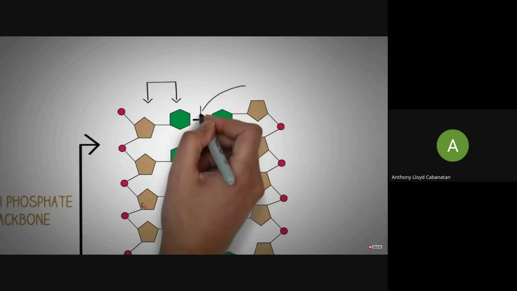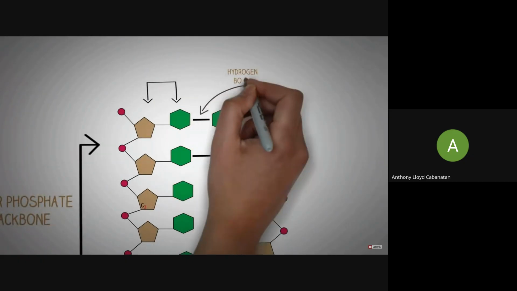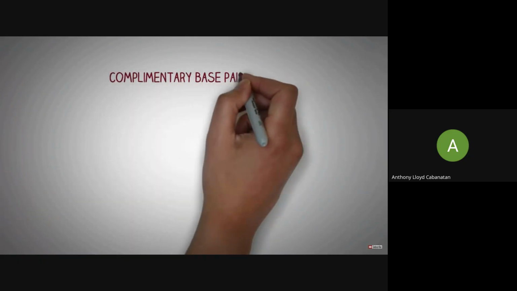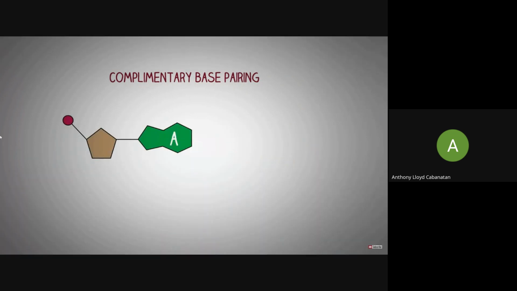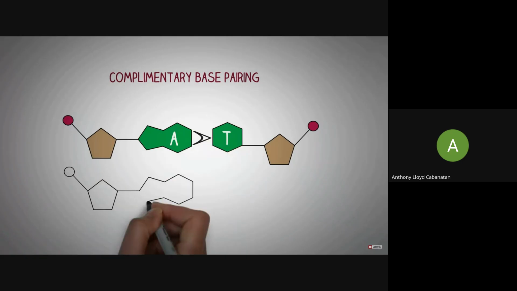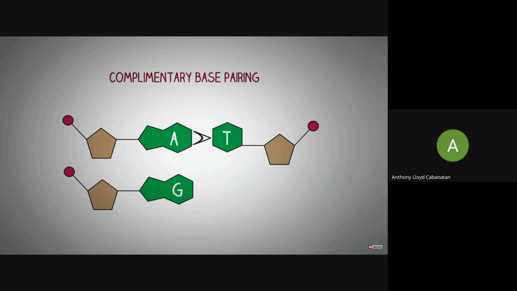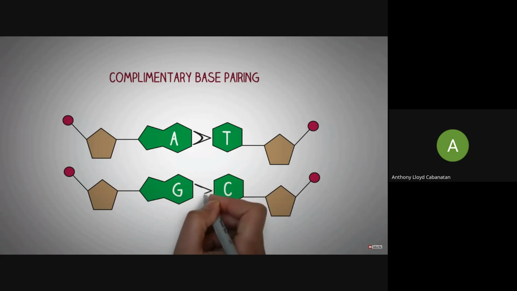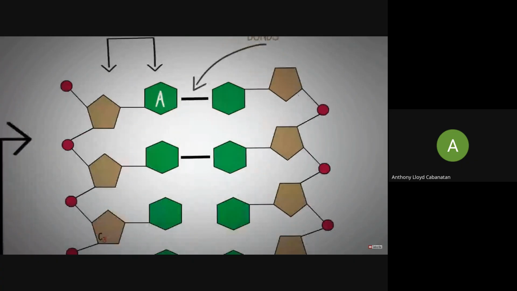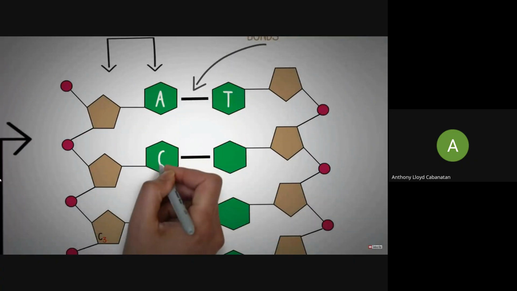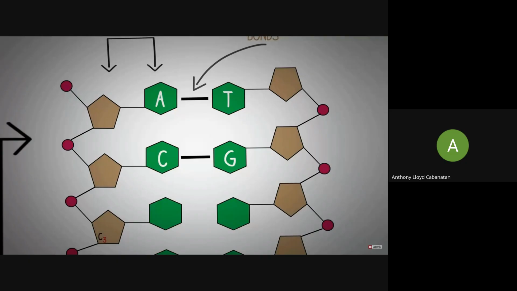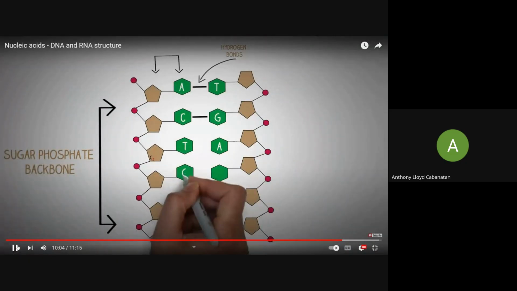Now here comes the role of complementary base pairing. Now what complementary base pairing says is that only adenine forms a hydrogen bond with thymine and only guanine forms a hydrogen bond with cytosine. Now this is the universal rule that is applied in the structure of DNA. So here you can see adenine forms a hydrogen bond with thymine, and similarly thymine forms